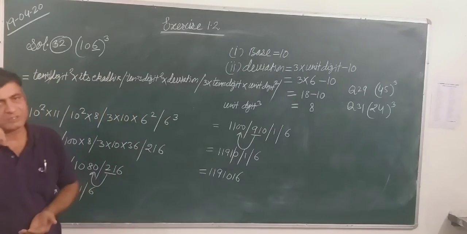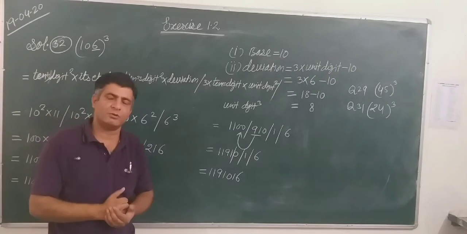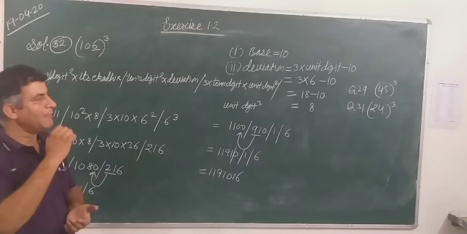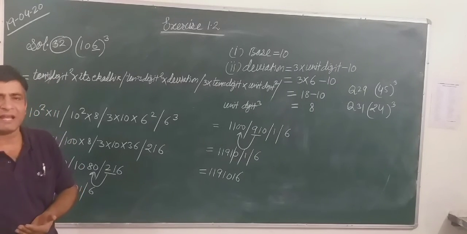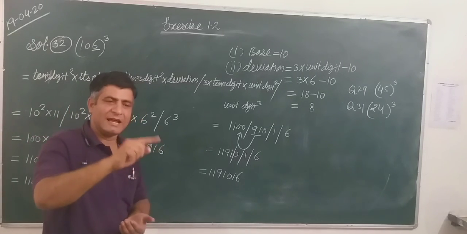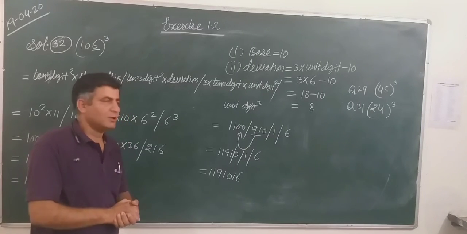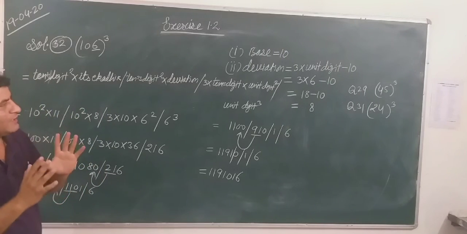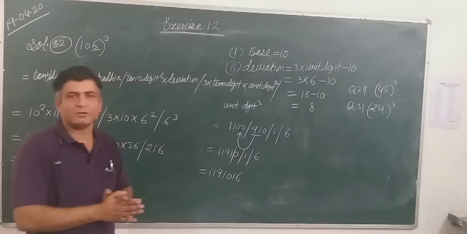And the fourth application of this Sutra Pravritti Yojit discussed by Swami Bharti Tirthanand ji: m upon (x plus a) plus n upon (x plus b) is equal to 0, then x is equal to minus (mb plus na) upon (m plus n). So these are the four applications discussed by Swami Bharti Tirthanand ji under Sutra Pravritti Yojit to find the solution of the equations.